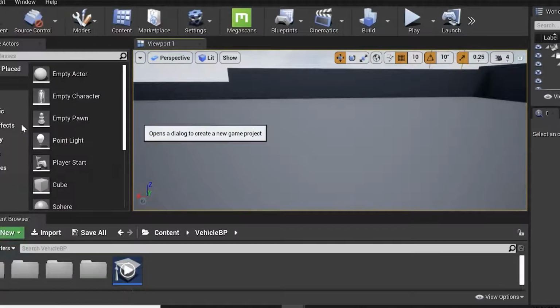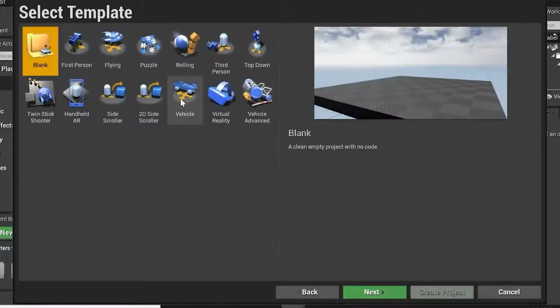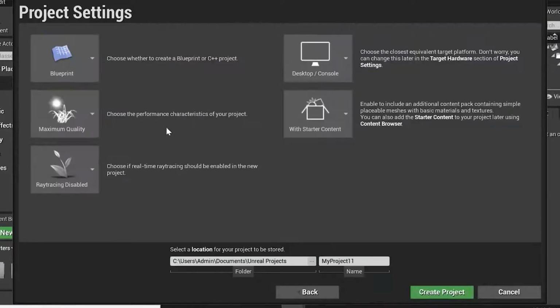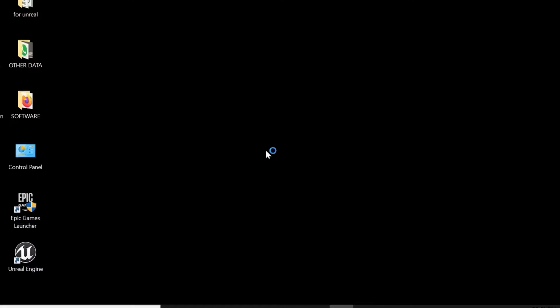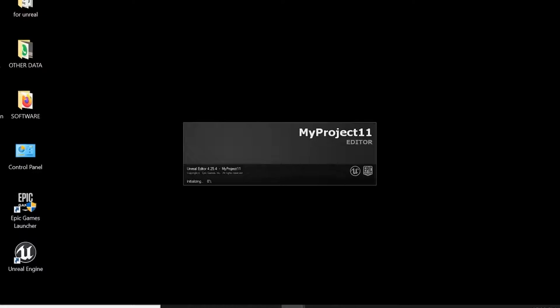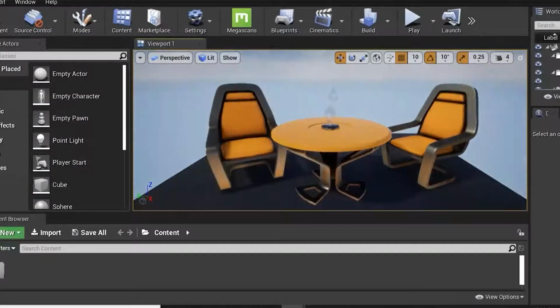Now I'll create a new project again. This time we'll start with a blank scene. I do not require any object in my scene. I will create a new level this time. So what is the importance of the level editor? Level editor is the option where we can create our own lighting setup and object setup, like you have seen in the different templates, where there are prefabs, the light, project and assets.